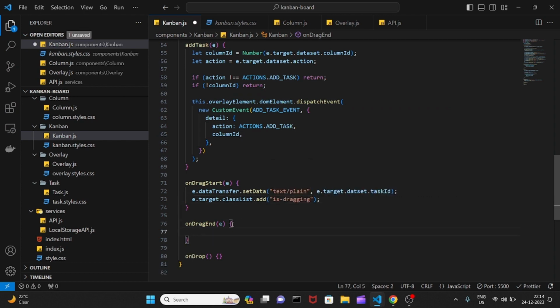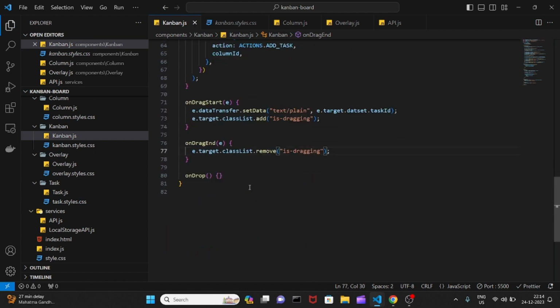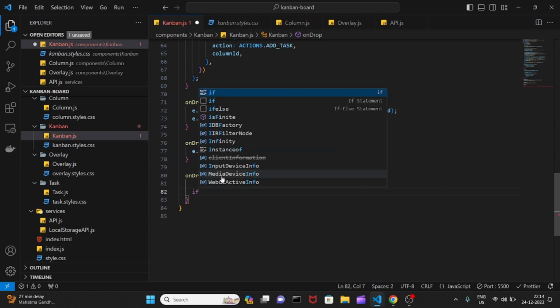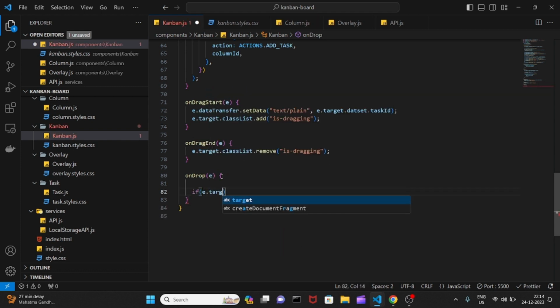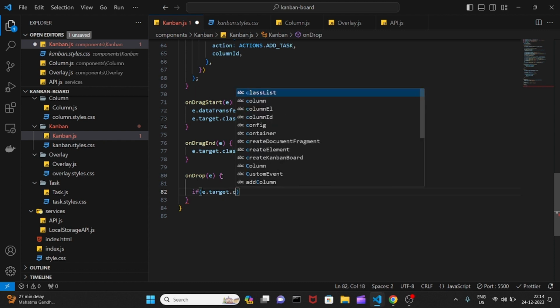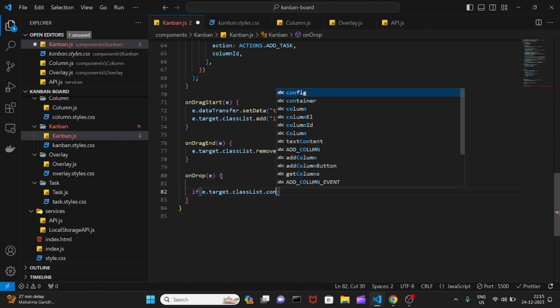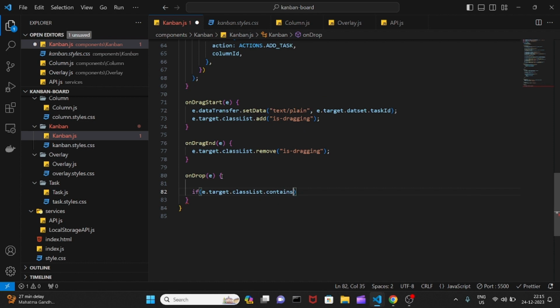For on drag end, basically we'll be removing it. I think that should be it. Now for the on drop, we'll be first checking if the e.target.classList.contains